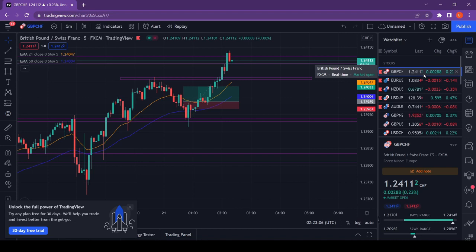Higher time frame candles versus lower time frame candles. Right. So this is really important when you're trying to execute trades, right? This is important in a way that, let's say when you're looking at the 4-hour candle, you're like, okay, well, I expect the 4-hour candle to continue moving bullish, and now I want